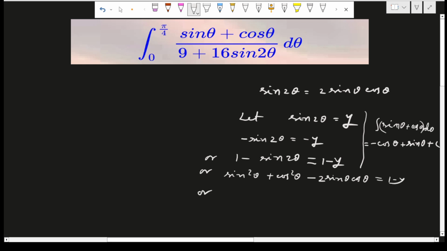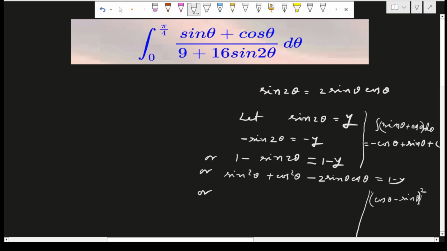Now for this expression we may write (sin theta minus cos theta) whole square or (cos theta minus sin theta) whole square. Actually, whenever the square is removed, that is, square root is taken, the modulus is taken. So what should I write, cos theta minus sin theta whole square or sin theta minus cos theta whole square? In this case, for (a minus b) whole square, a should be greater than b.